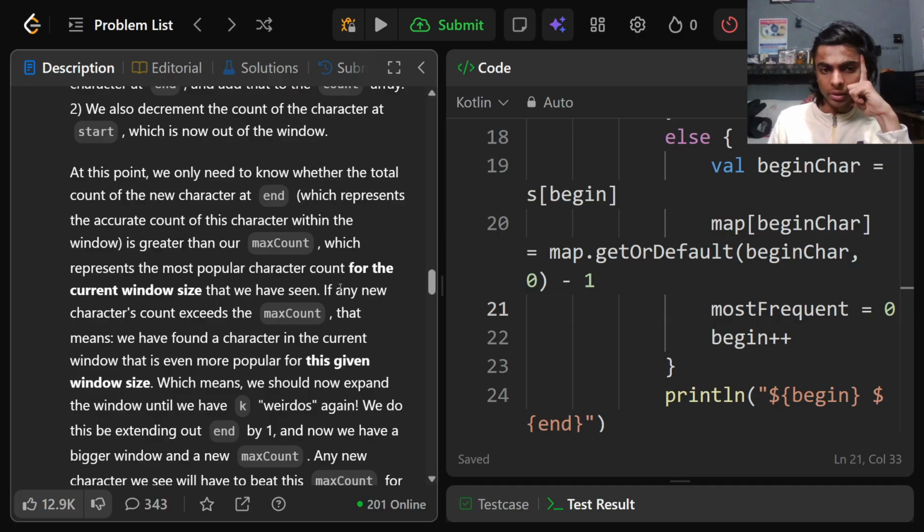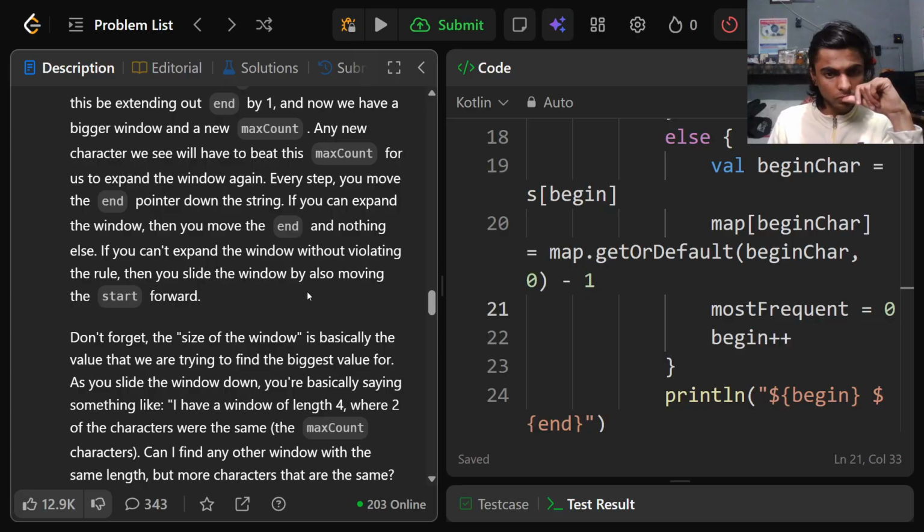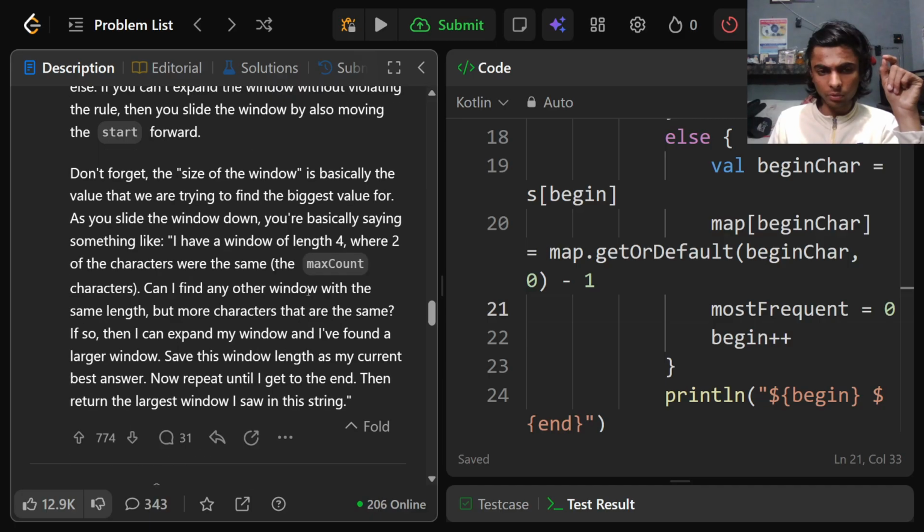If any new character's count exceeds the max count, we have found a character in the current window that is even more popular for this. Just slide the window down, you're basically saying I have a window of length 4 where 2 of the characters were same, but more characters that are same. So